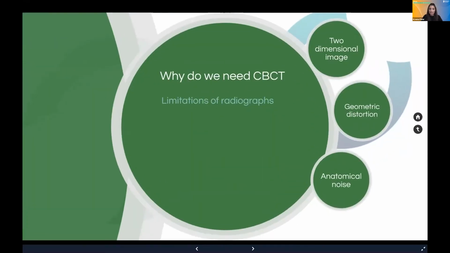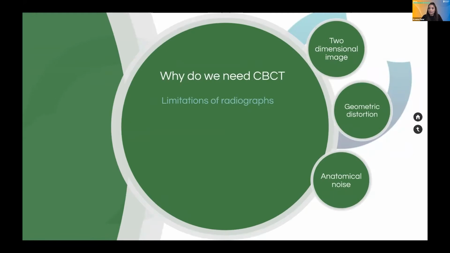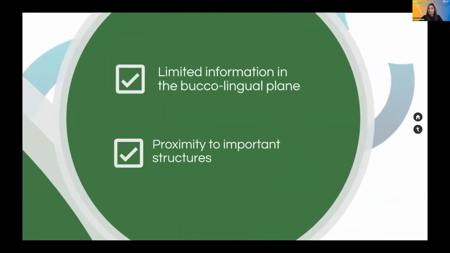So why do we need cone beam CT? Well, the first thing that we need to look at is what are the problems with radiographs. So the first thing is it's a two-dimensional image, which gives us reasonably good information in the mesiodistal plane, but quite limited information in the buccolingual plane or the buccopalatal plane. So if we have a look at a case together,